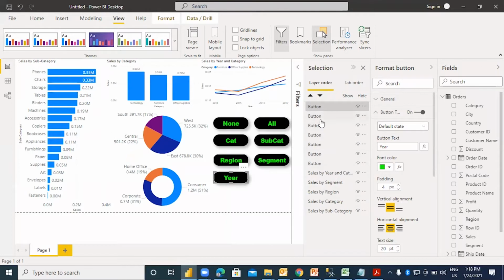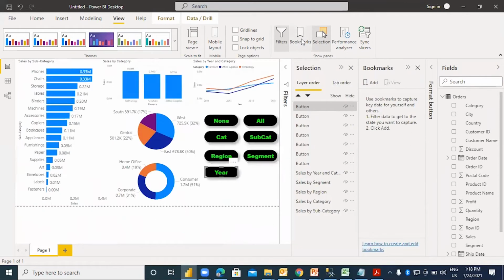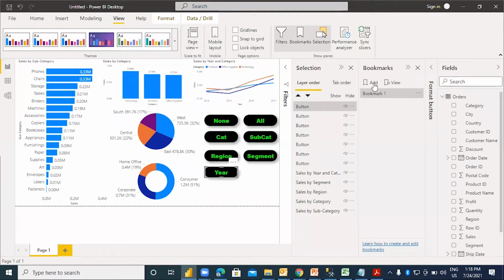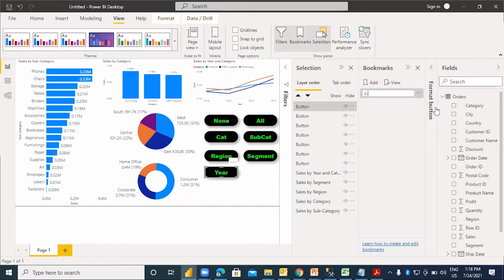And in the selection, you are getting all the visuals over here, and for any visual you can see an eye icon. So as of now, I will make this status, and I will make a bookmark for this format button. Where is the bookmark pane? Here it is. I will add this as a bookmark. So I will say add. I will rename this bookmark